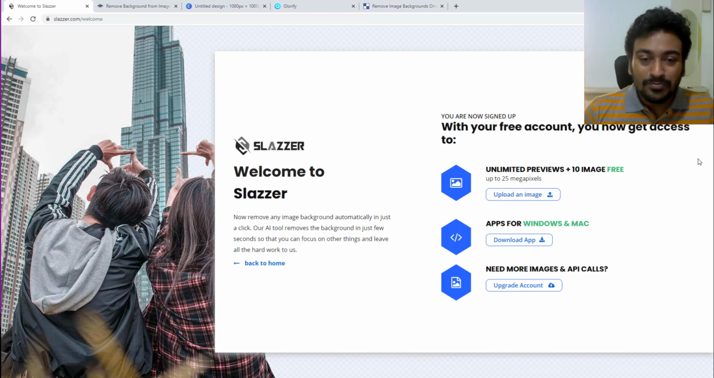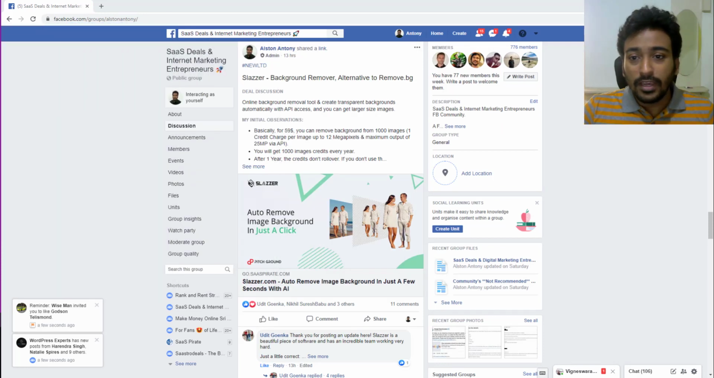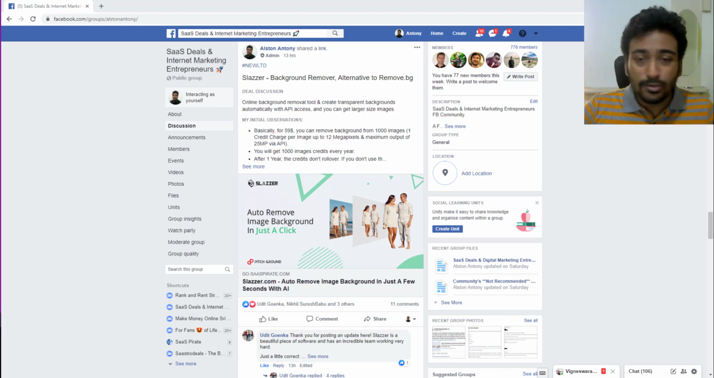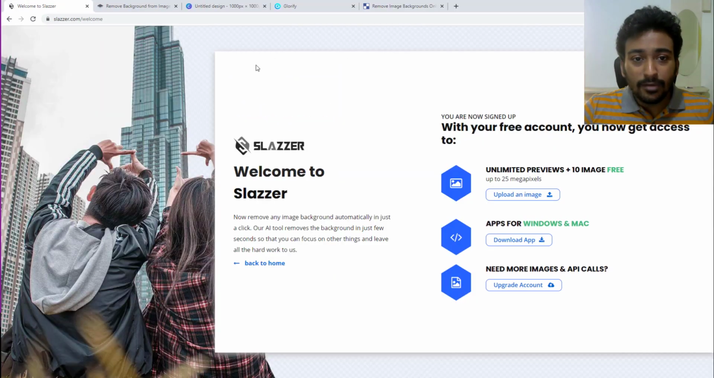Hi, I'm Alston. Today I just wanted to do a comparison between all the background removal image tools available on the market. Because we have a dedicated group for digital marketing and SaaS, and we have been getting a lot of attention for background removal tools. So I thought, why not go ahead and check out the top 5 tools where you can remove background from